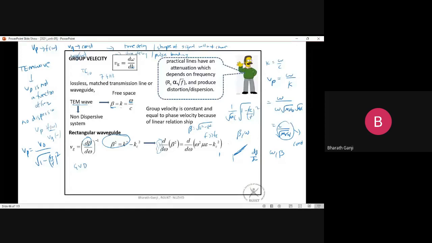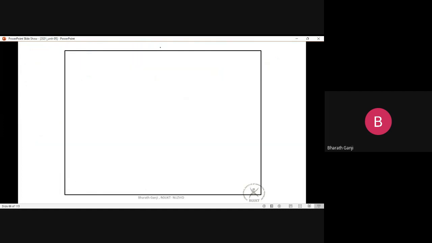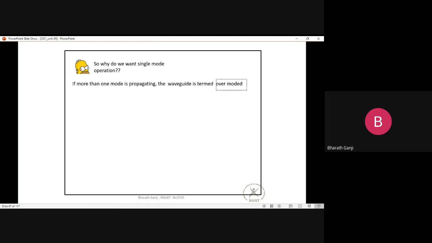సో మీ రెక్టాంగులర్ వేవ్గైడ్లో పల్స్ వెళ్ళే కొద్దీ బ్రాడన్ అయిపోయే ఛాన్స్ ఉంటుంది. సో అందుకనే సింగిల్ మోడ్లోనే వాడాలనుకుంటాం. సో దట్ ఈస్ వై వీ వాంట్ టు యూజ్ ఎ వేవ్ గైడ్ ఓన్లీ ఇన్ ఎ సింగిల్ మోడ్. ఇఫ్ యూ ఆపరేట్ యువర్ వేవ్ గైడ్ ఇన్ మోర్ దాన్ వన్ మోడ్ we usually call that scenario as over moded, because